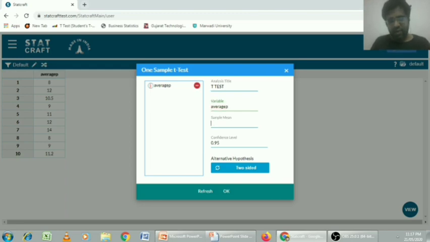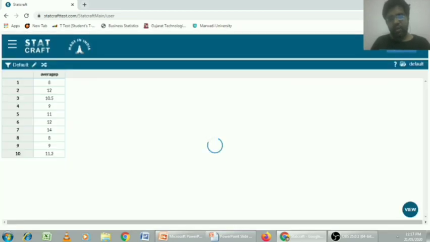For the sample mean, we have to claim what the company is claiming, so I am adding 15. This is the confidence interval, so I am keeping a 95% confidence level. It is two-sided. I am clicking OK, and see the beauty of the software. You are getting the interpretation in a beautiful table.